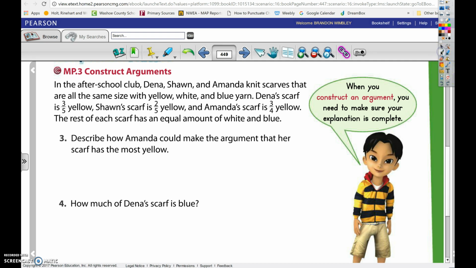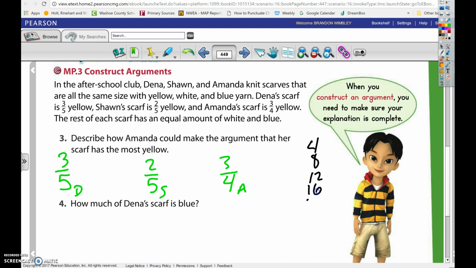Well, if I look at this, my fractions are 3/5 for Deanna, 2/5 for Sean, and 3/4 for Amanda. I notice I can't compare the fractions since their denominators are not the same. So remember, to compare fractions, I need to have the same denominator. So I'm going to make my multiples of 4,